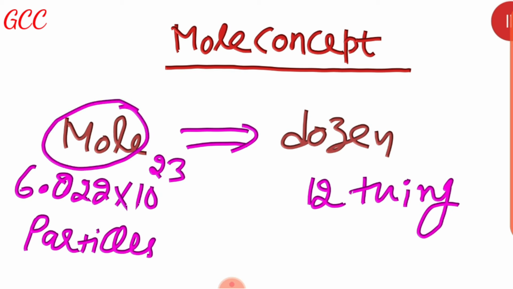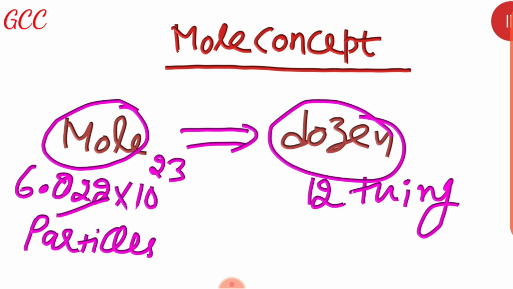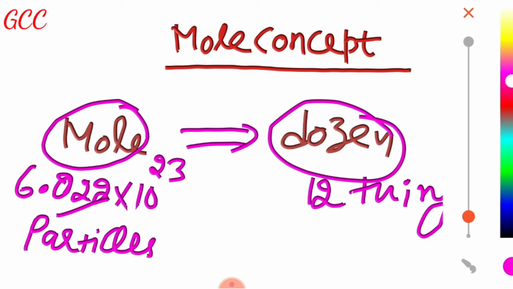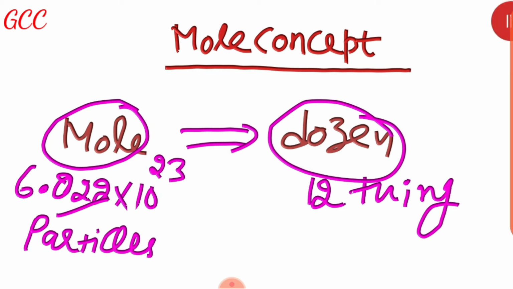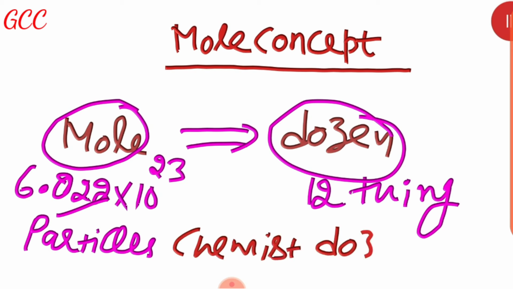Mole and dozen. As we remember a dozen is always 12 things, always remember that a mole is always 6.022 × 10^23 particles. Just remember it. That is why you can call the mole the chemist's dozen. Is that clear to you? You can say it this way also. Okay, students, yes or no? Are you getting my point?